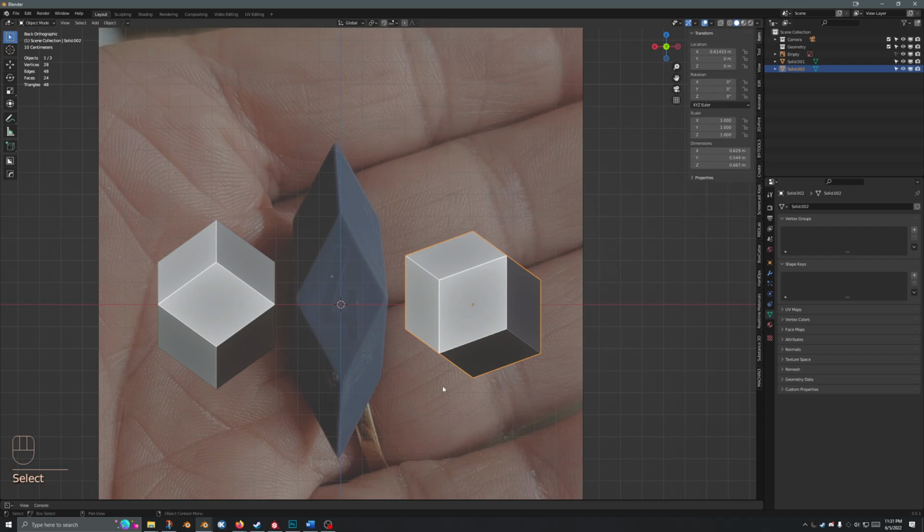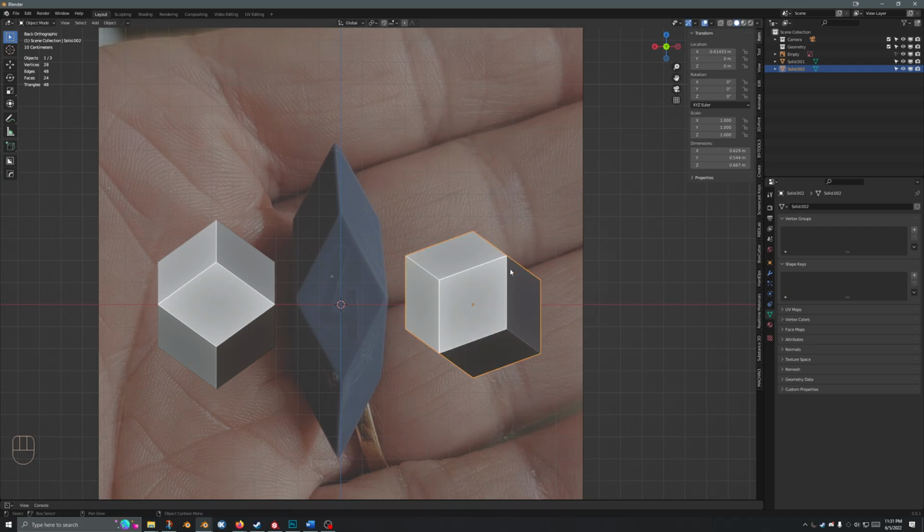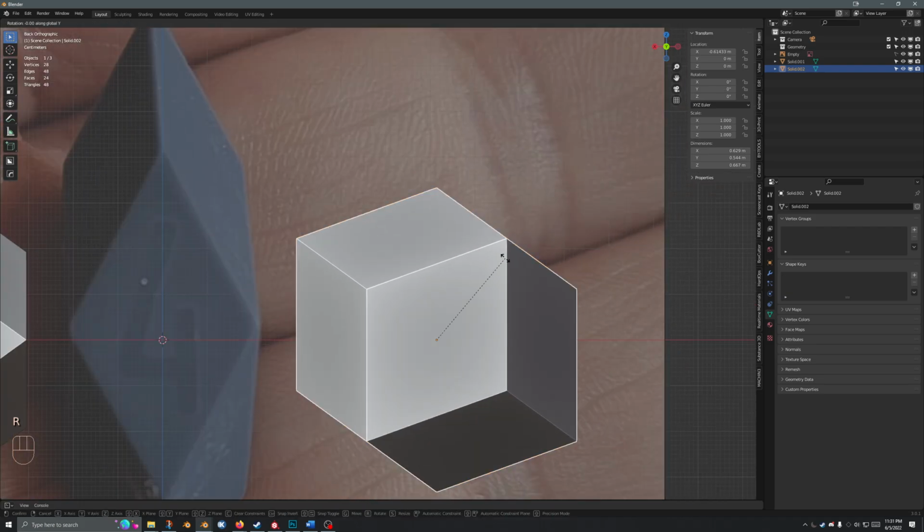Playing around with this, I noticed rotation comes out nice around this value. So I'm going to tell you how I eyeball it, and then how you want to do it from there is up to you. But personally, I look at these ridges, and so I'm going to hit R to rotate. In this case, I believe my Y-axis is what I'm looking for. And from here, I'm kind of too far back to see anything. But if I do that again,